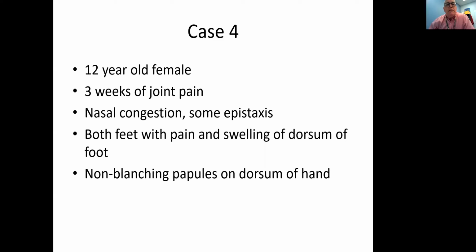Okay, this is a 12-year-old female with 3 weeks of joint pain, nasal congestion, some epistaxis, both feet with pain and swelling of the dorsum, and non-blanching papules on the dorsum of the hand. So there are a few, and thinking about this patient, she has polyarticular arthritis. So you're in the category of infectious,